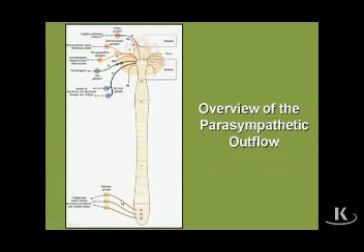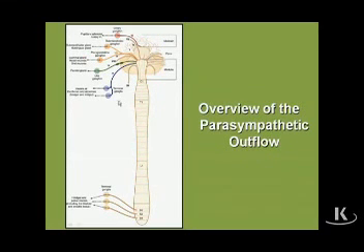Remember we said that parasympathetics have their postganglionic cell bodies close to their end organs. They're so close to their end organs that they're actually in the wall of the organ. Those groups of postganglionics that are in walls of organs are given the name terminal ganglia. So here are terminal ganglia, here are terminal ganglia. They're in the walls of the organ. So if the end organ that's being innervated is, let's say, a smooth muscle cell in the wall of the stomach, the cell body that innervates that is in the wall of the stomach, in that terminal ganglion in the wall of the stomach. So that's true for the vagus.